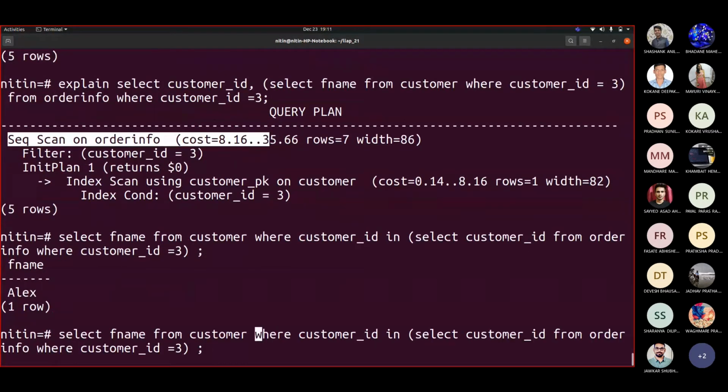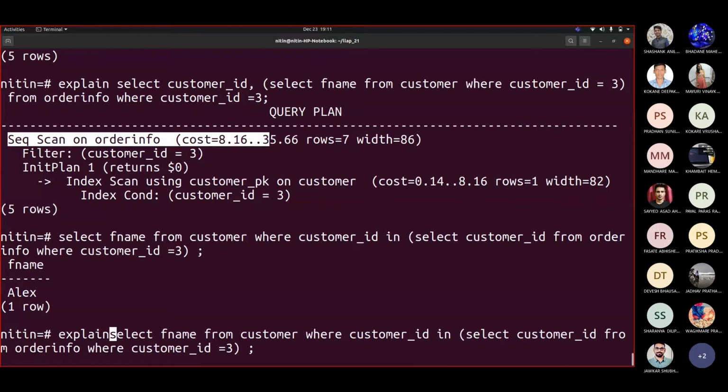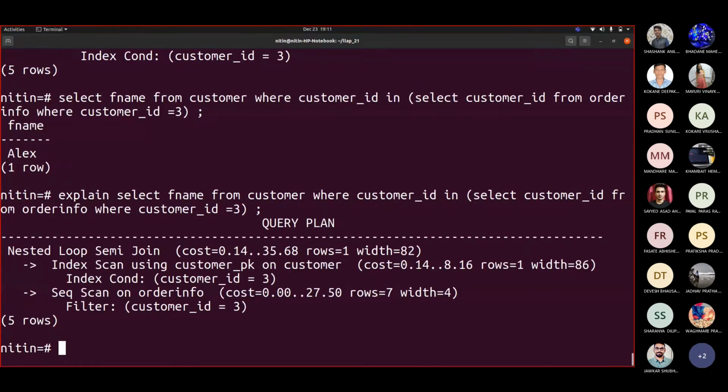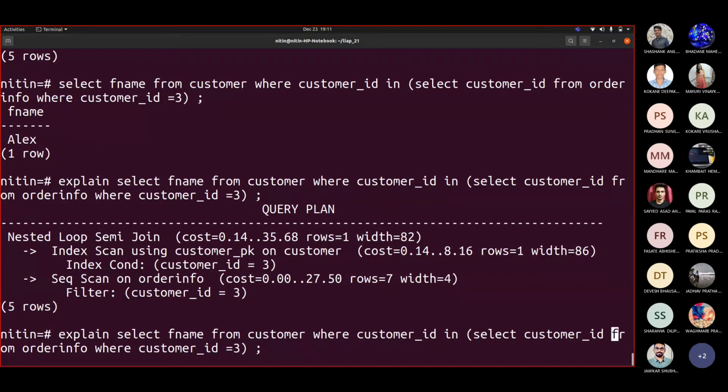So let us write explain. So in is used, so it is showing you this, correct? So let me pick this. Let me add it here.